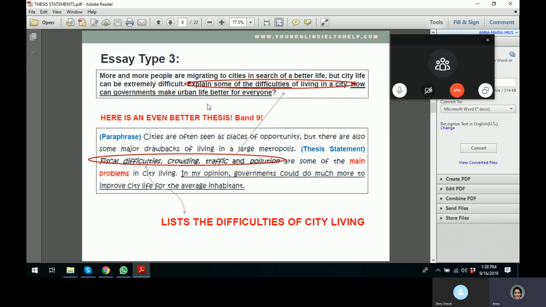So, what is the approach to this? You simply need to answer both parts in your thesis. However, for type 4,